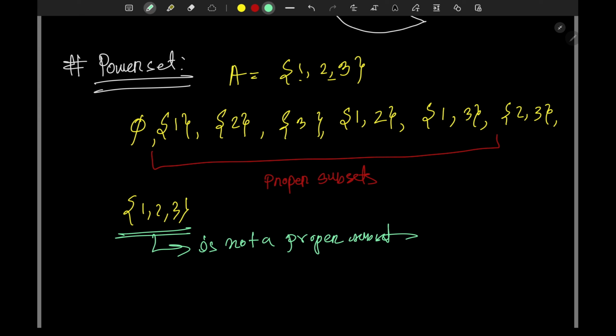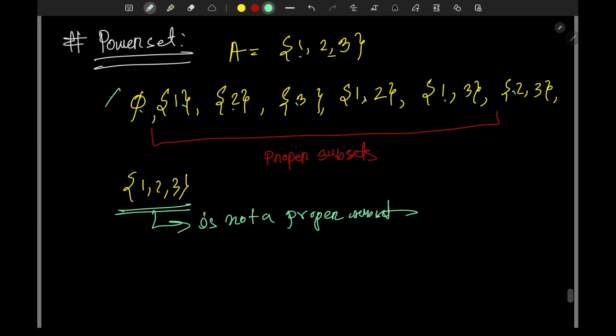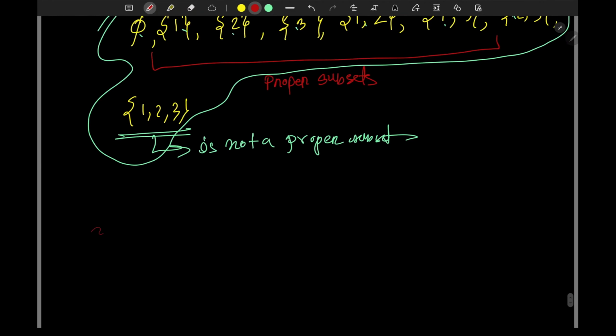So now if you count how many subsets there are, you will find there are 8 subsets. Why? Because 1, 2, 3, 4, 5, 6, 7, 8. And if you take all of these subsets and put them in another set, the notation goes something like P of A. Obviously that will be the power set, that's why I'm using the letter P. P of A indicates that it's the power set of A, generated out of A. So if you put all of these guys into another set,